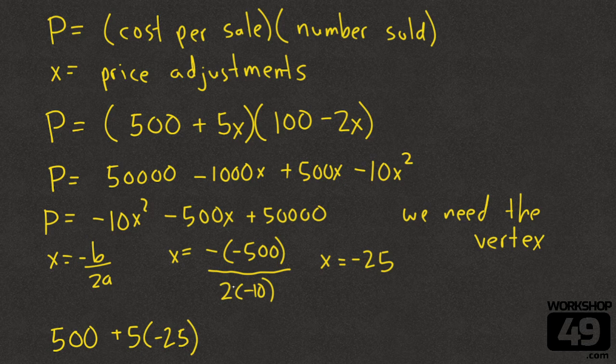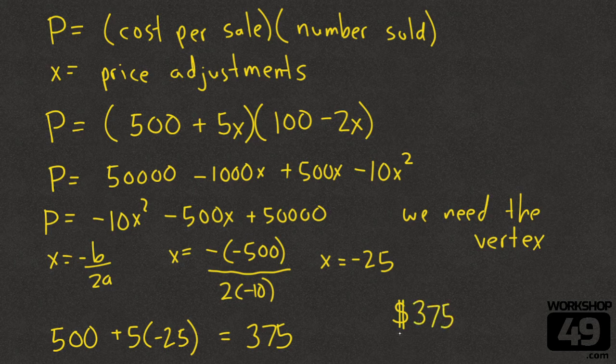Oh, that negative 25 means instead of adjusting our price up 25 times, we're actually better off adjusting our price down 25 times. What we're going to solve this to be is 375, which means that the best price to sell these tickets for everyone to come and listen to me sing